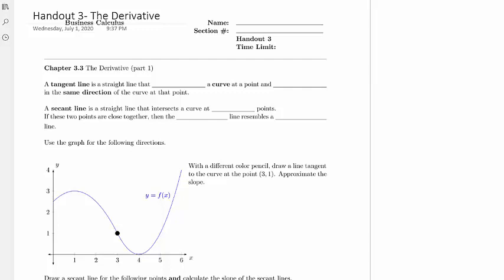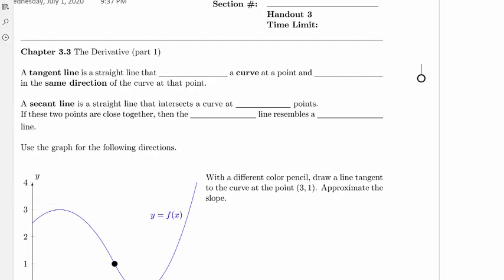Hey, business calculus. So today we're going to go over the derivative and what that means. But first, what's very important for the derivative is that we talk about the tangent line. Now, a tangent line is a straight line that touches